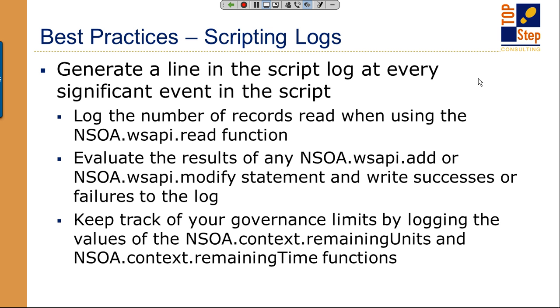Scripting logs, use your logs. Use the nsoa.meta.log function to generate lines for every significant event. You can set these so that they don't show up in your production logs all the time, so you don't have